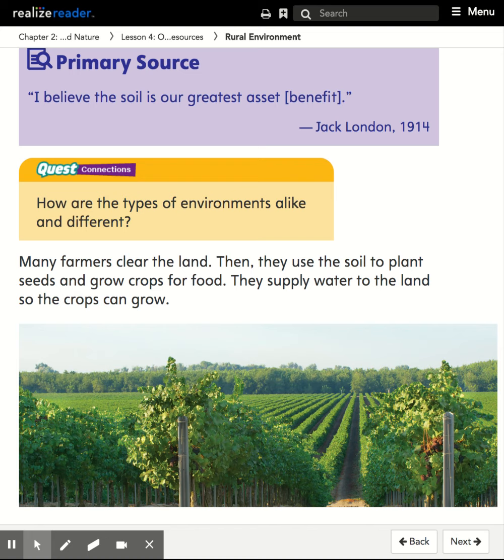So I want you to be thinking about how the different types of environments are alike and how they are different. One way that they're alike is that people live in all of the different types of communities. People thrive in those communities. One of the ways that they're all different is that,